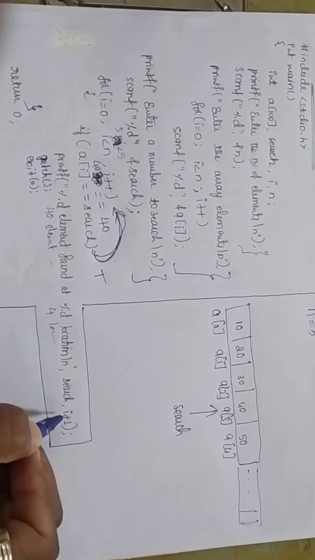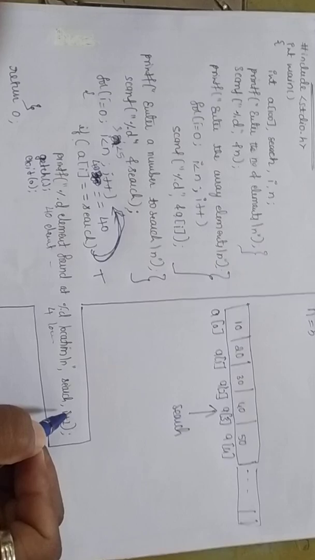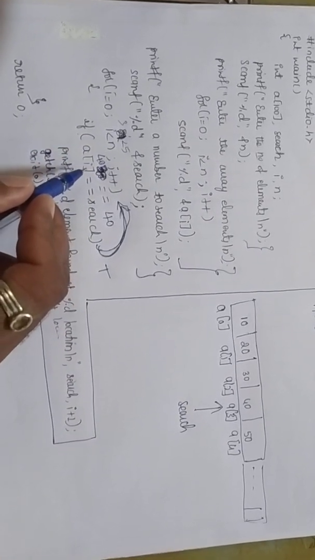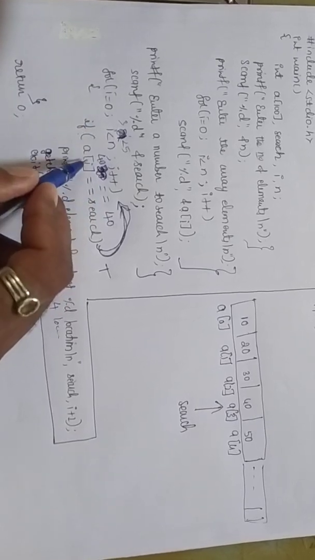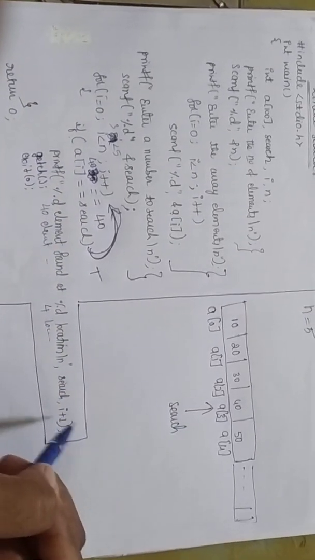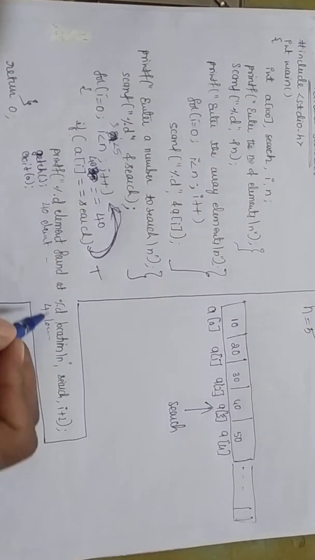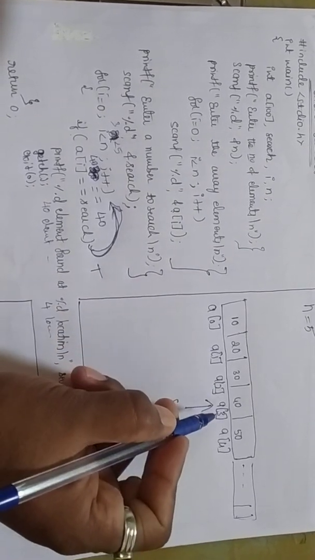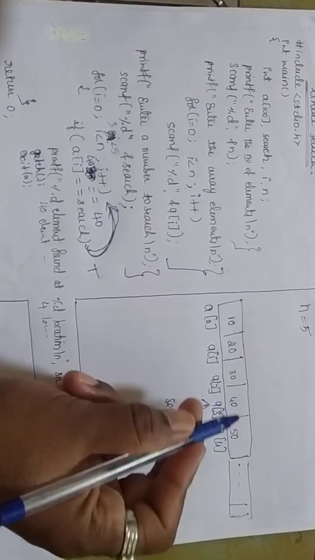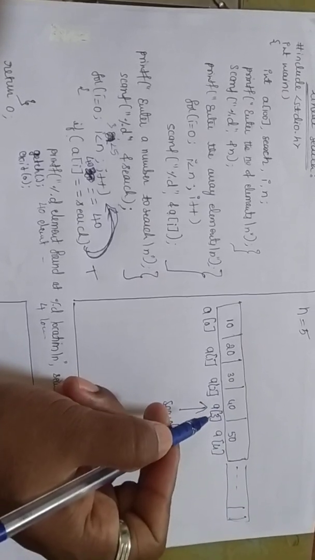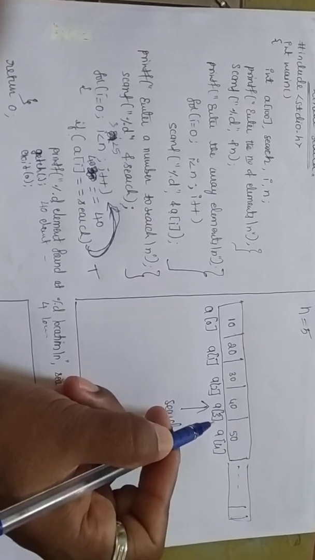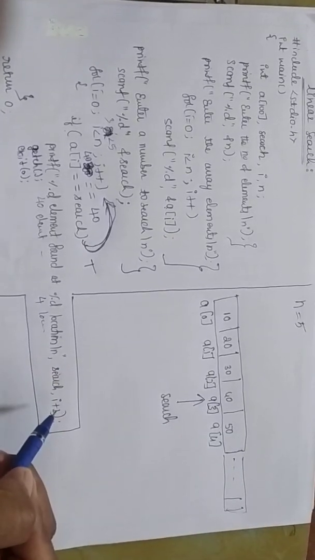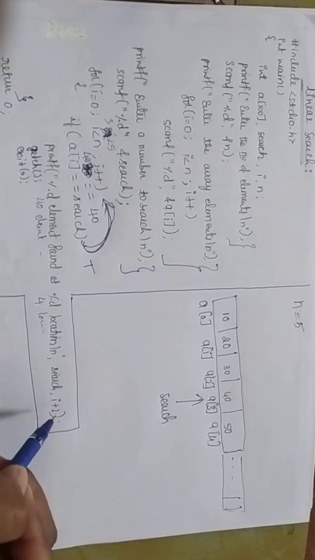Why i plus 1? In the sense, i is now pointing to how much? i value is 3, right? So 3 plus 1 I am printing. 3 plus 1 means 4. 4 I am printing. Why? Because the array starts with 0, so the index will be a number less. Actually 40 is in the 4th location. If I print only i, it prints the 3rd location. So I have to make it 4 by incrementing plus 1. That's why we are having i plus 1.